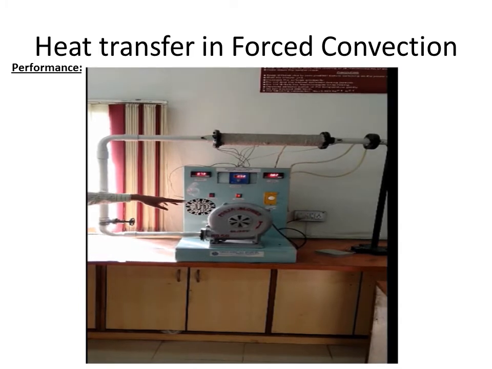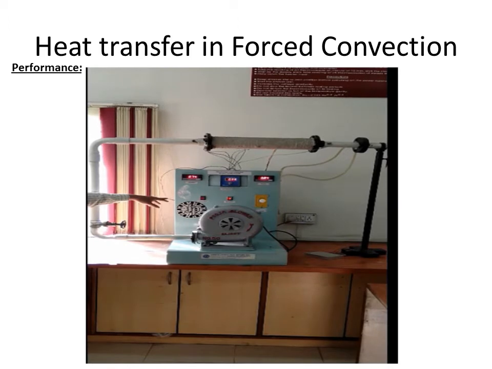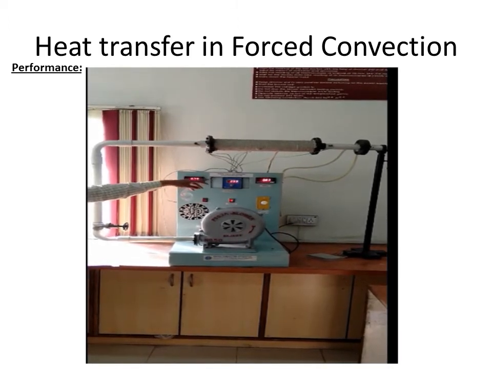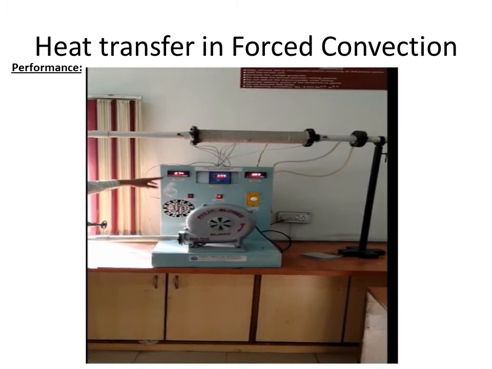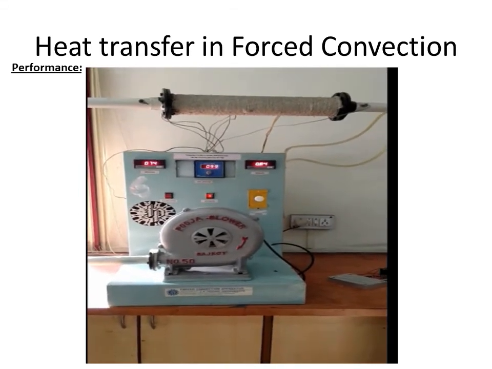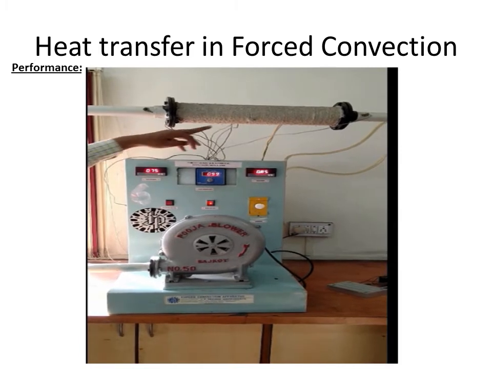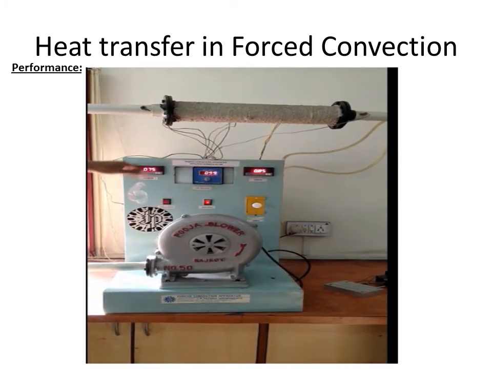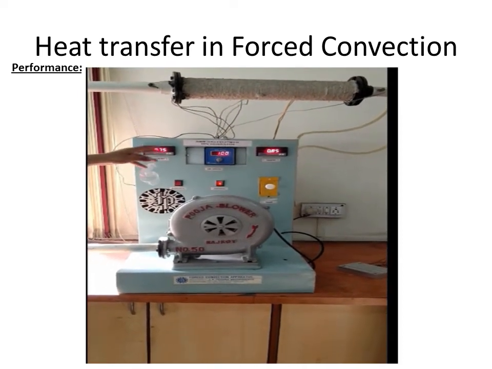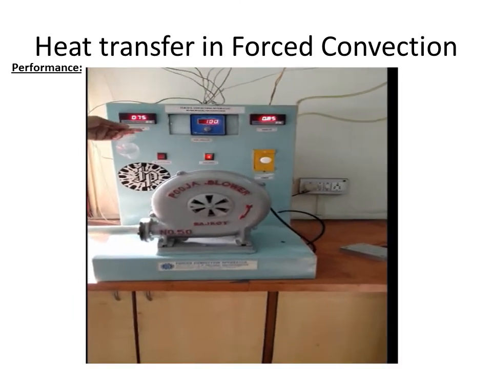Rest of the things are again the same. Main switch, this switch is for the blower. When we take the reading, then we switch on the blower. Thermostat, voltmeter, ammeter and temperature indicator. So remember, there are T1 to T6. 6 thermocouples are mounted on that specimen, and one is T7 which is air inlet temperature, and one is T8 which is air outlet temperature. On that side you can see the manometer, U-tube manometer, to record the head across that water.